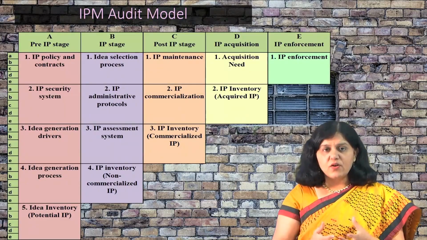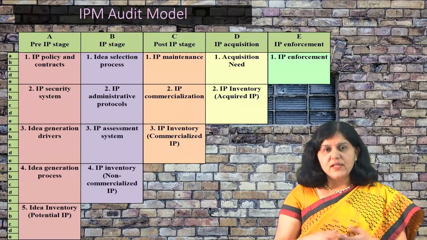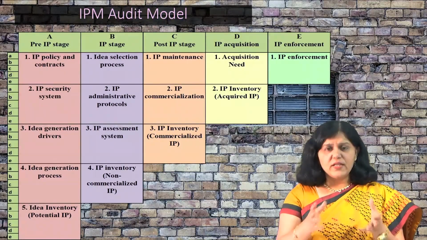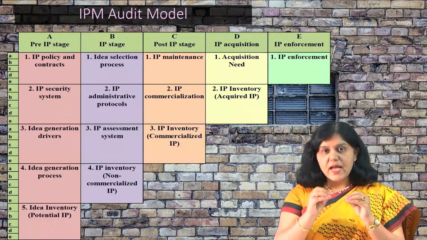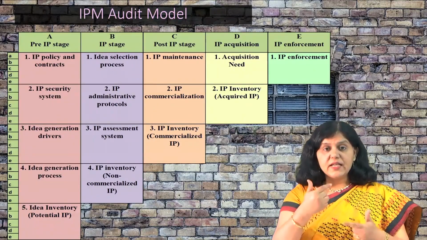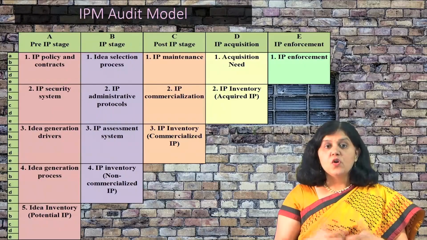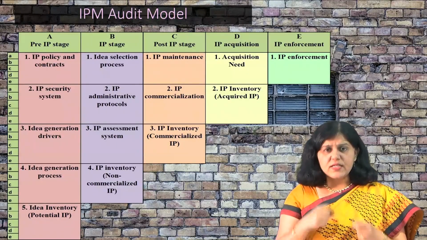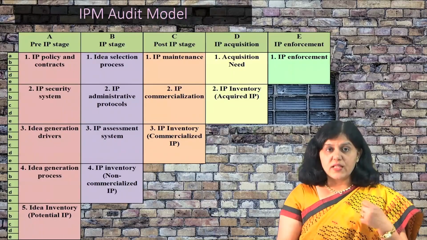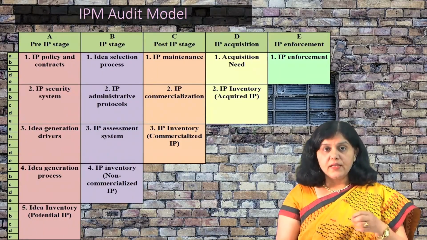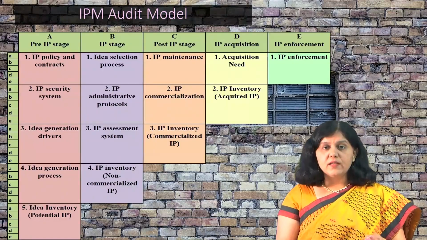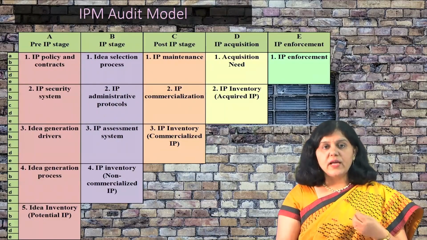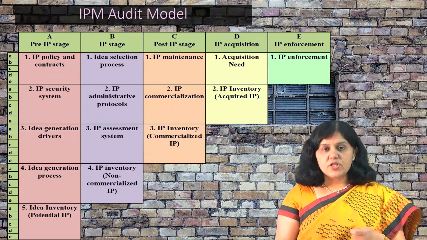So, you should know what the technology life cycle is, there are leader, equal, follower, all those kinds of things, and where exactly that technology sits. Then the internal and external resources available for idea development. So, those filters are there, you can set them, and based on them you can select the idea, work on it, and generate the inventory, which we call a non-commercialized IP.